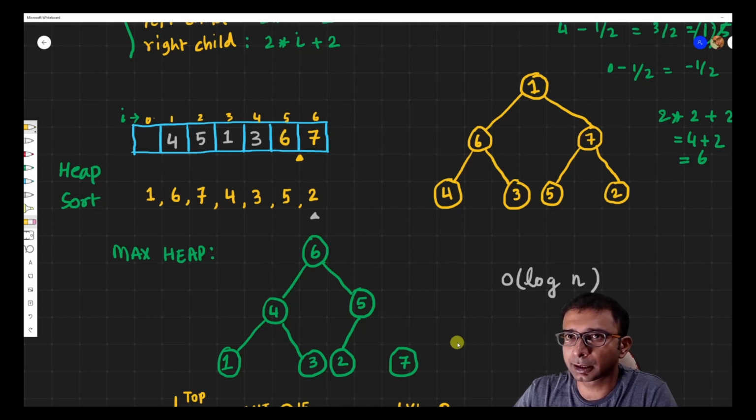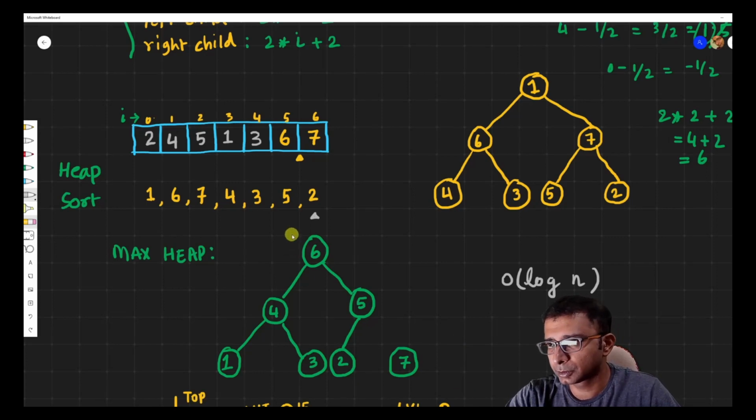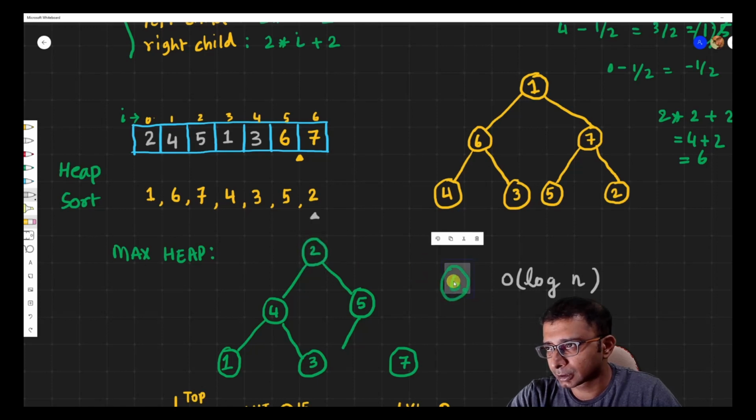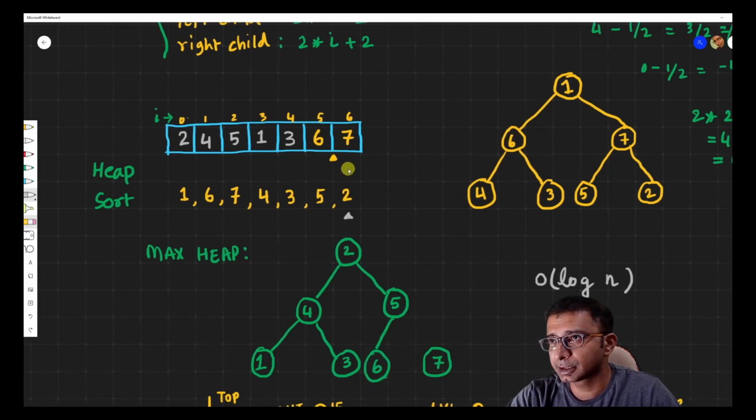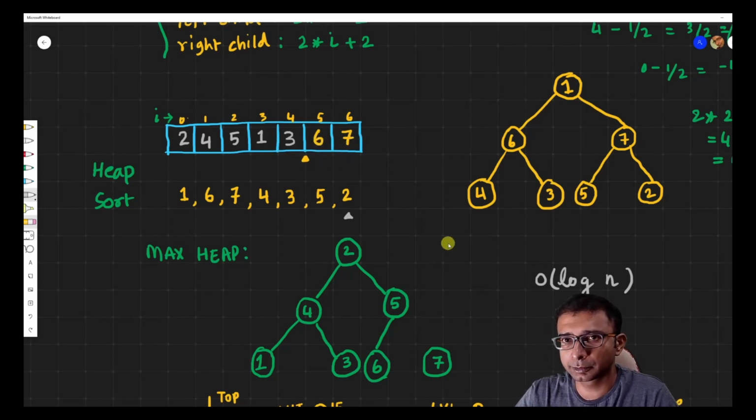So 6 will come over here and 2 will again go to the root. So we are going to take 6, take 2, and put the 2 over here, and take the 6 over here. But 6, if you see, is no more in gray color, it's in a different color, because we know we are sorted till here. So we are going to remove this line from here. We don't need this anymore,